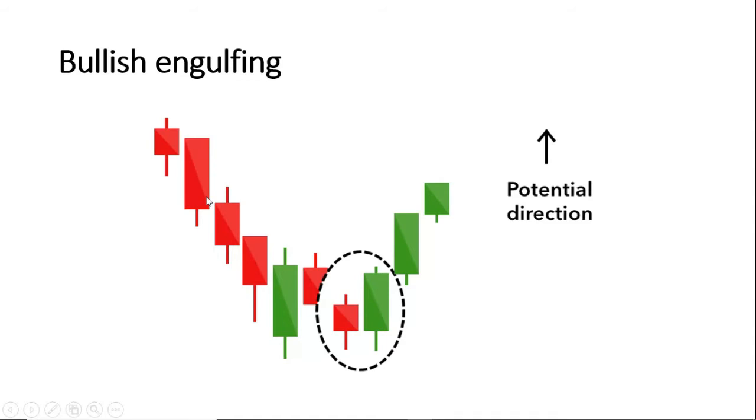It was a downward market. The market was falling continuously. Then at a certain point there was a small red candle. Next to that there is a green candle which engulfed the red candle. That means it is almost double the size of the red candle and it has more strength than the sellers. So now buyers have entered the market, the bulls have entered the market. So at this point you have to wait for the confirmation.